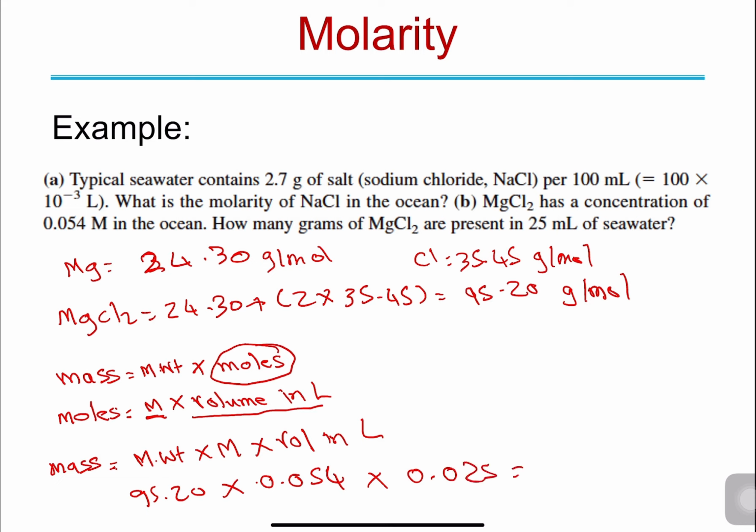When you do this, you'll find that the amount of magnesium chloride is 0.13 grams. So this is how to do the calculation, whether you have the mass in a certain volume and need to calculate the molarity, or you have the molarity and need to calculate the amount of the